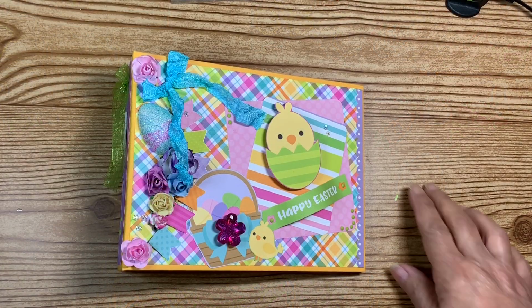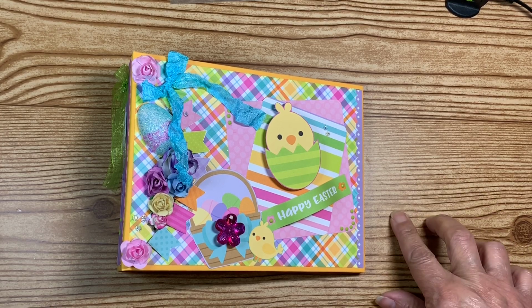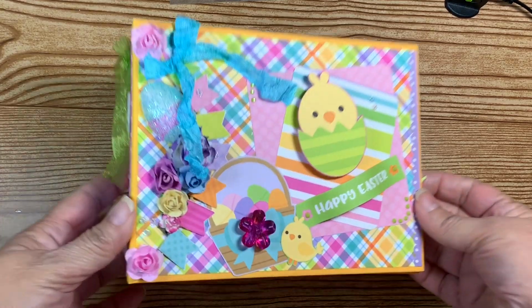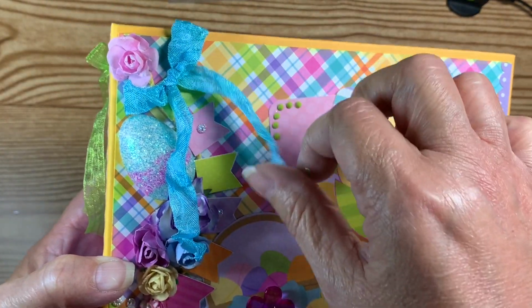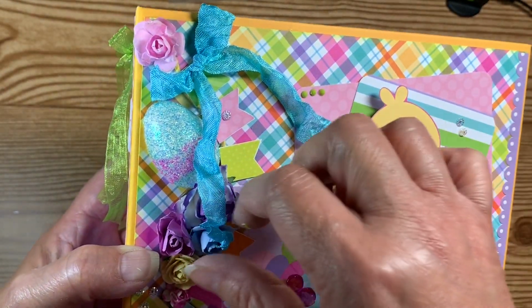All right, everyone, I have finished the album and I wanted to go ahead and share the final with you. It takes me a while to decide what I'm going to put on the front, but this is the way my front turned out. Of course, I love this paper, this pattern, and I went ahead and put a seam binding bow right there,